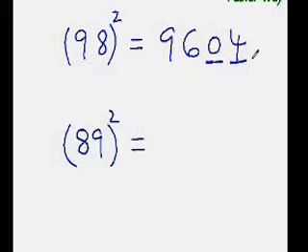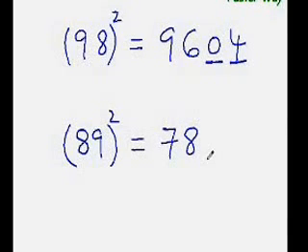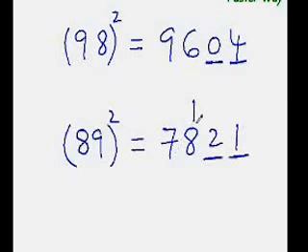Easy and effective. So find out what would 89 square be. Once again, 89 is 11 less than the 100. So subtract that 11 from 89. It would be 88, 78. Jumping down 10, trick of subtraction. Now 2 more places to go. So you just put the square of that distance, that is 11 here. So square of 11 is 121. So the answer would be 78 plus 1 is 79, 21.